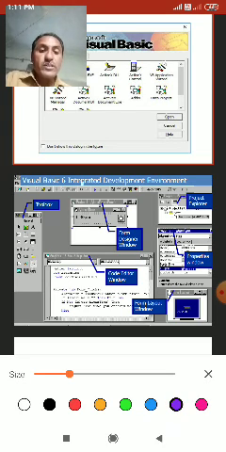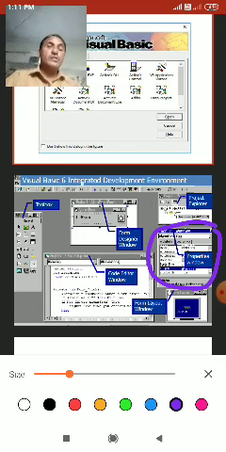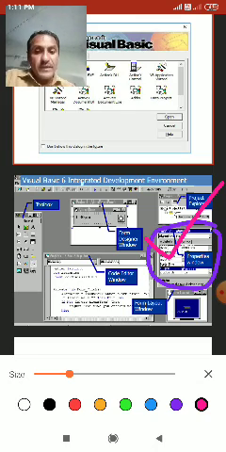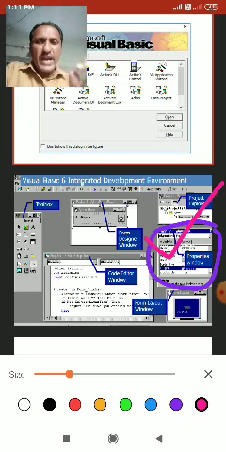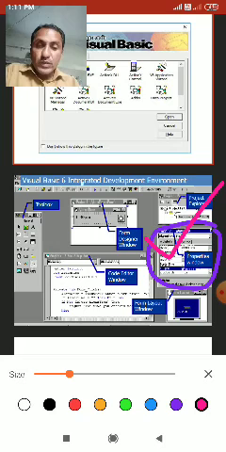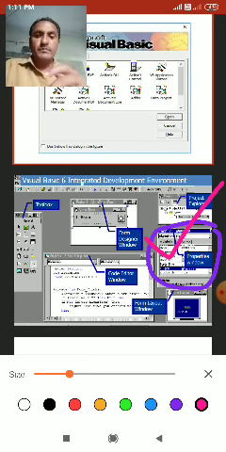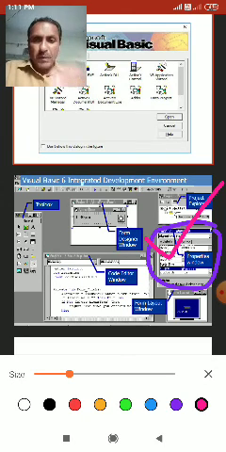And next one, this is the property window. In this property window, you can drag and drop items into the form, insert them, and change their properties. You can rename them, change the name, and enter the selected or particular names.